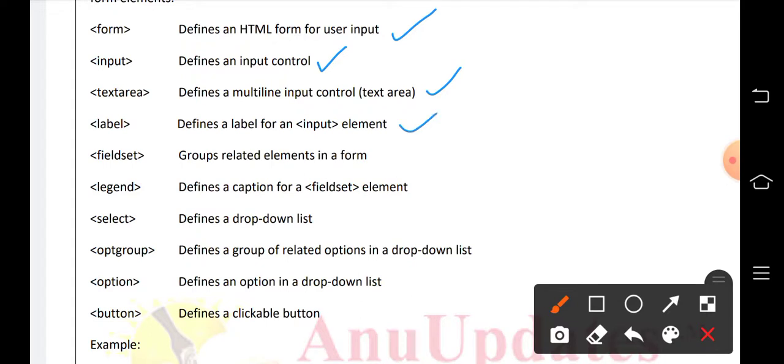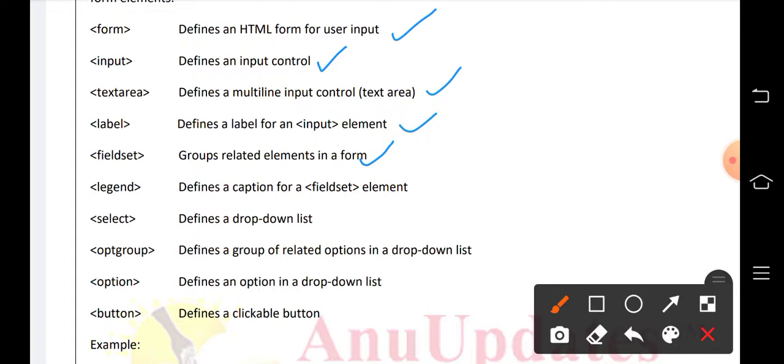Then label is used to represent the text box like name, first name, last name, address, city, state, district, etc. Then fieldset is nothing but, suppose in address we have door number, then city or street, then district, then state. These are the fields. These complete fields we are going to represent in one address field, that is address. Then address is known as a fieldset.